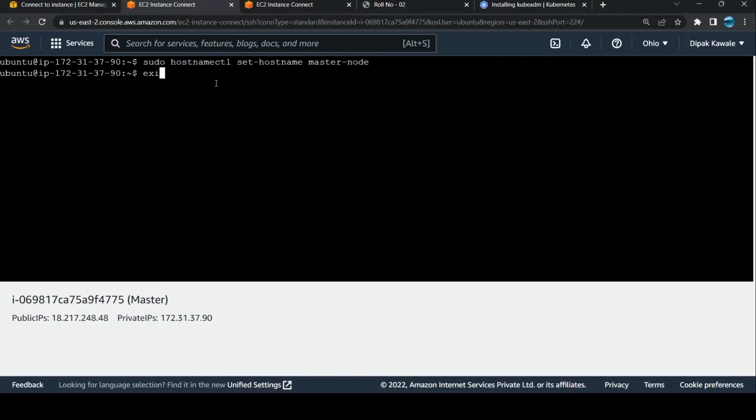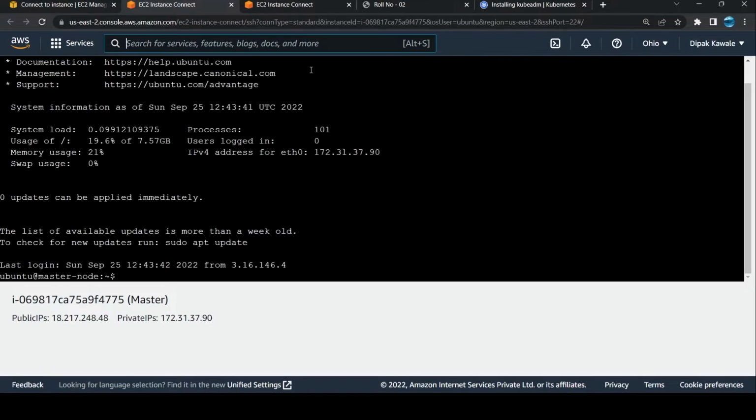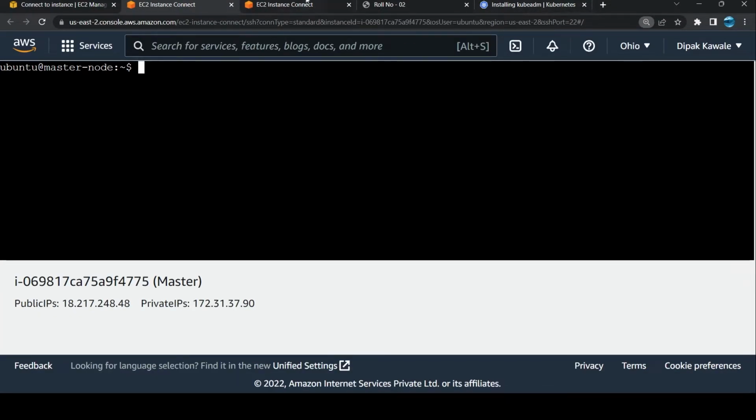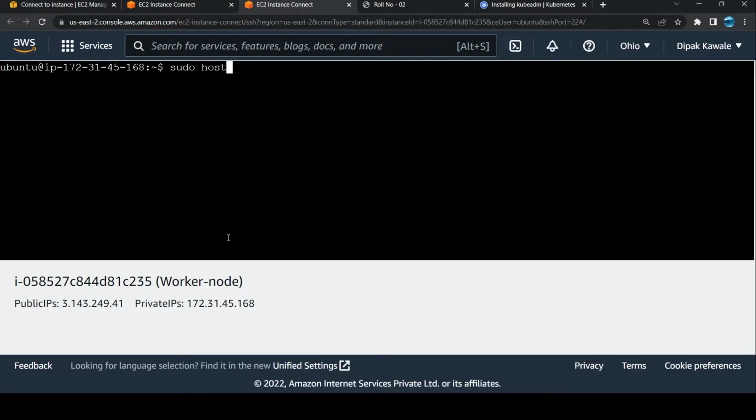And then we have to exit and then refresh. See this, you can see master node is here. Clear. See that the command name clear. It is visible. Here also same command, sudo hostnamectl set-hostname worker1, and then refresh,